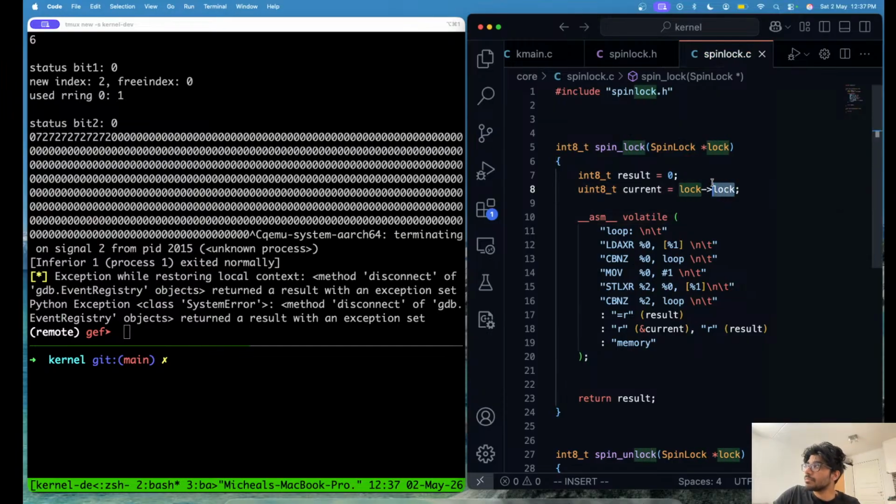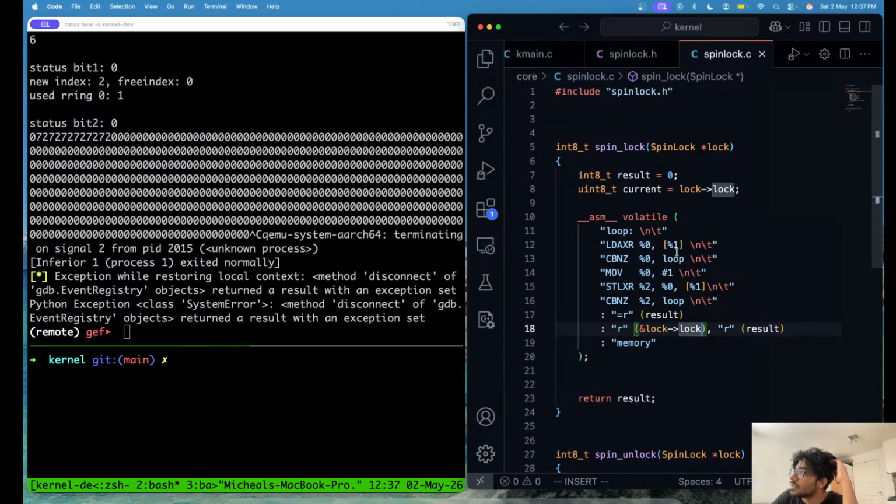We have a variable, and we take the... in that case, I guess we need to just pass it here like this. Address of